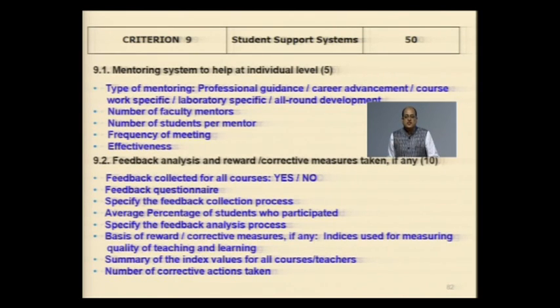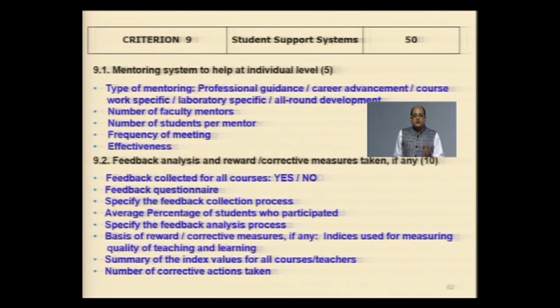Two important things which we looked at in particular: a student who has not attended even 50% of the classes, their feedback is also counted for teacher assessment. This is one example. So they need to have a qualifier in terms of the minimum attendance to be counted, because for faculty it's a big input, an indicative input, not the absolute input. The second is whether they take action based on the feedback.